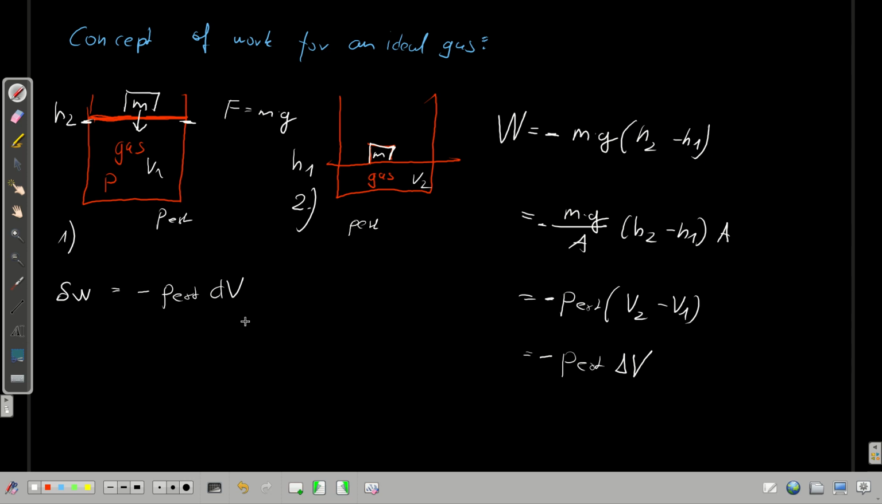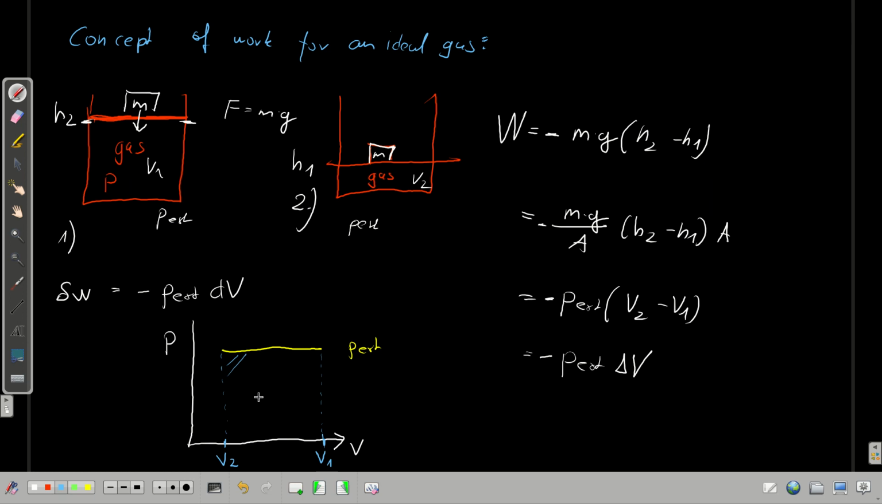And in the PV diagram, this change looks like this. So we have here the pressure, we have here the volume, and during the whole process, the pressure acting on the lid is constant, namely P external, and we perform a compression. So here it's V1, here it is V2,